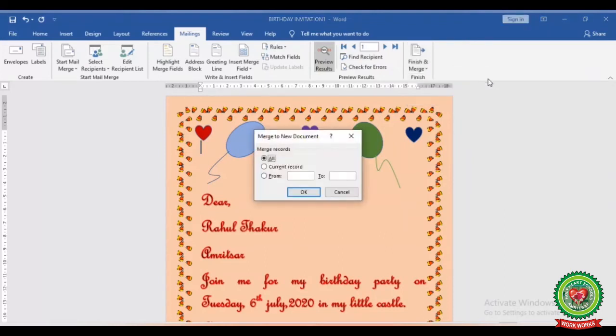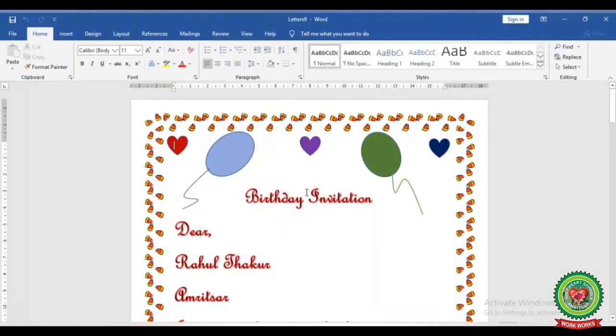After clicking on Edit Individual Document, you will get Merge to New Document dialog box. You will see by default all radio button will be selected. You have to click on OK button. And here you will see a new document will open on your screen with letters name. And from there you will see all the records that you have entered in data source will appear on